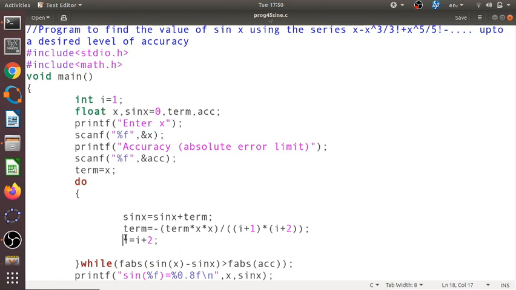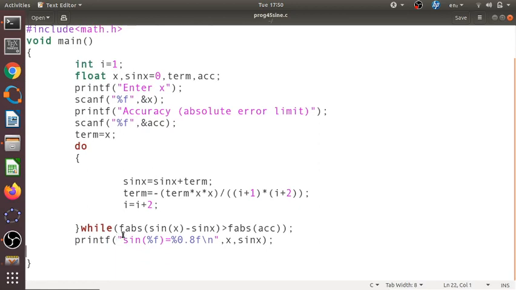So if i equals 1, the next term is obtained by multiplying with minus x square by (i+1) into (i+2). Then the value of i is increased by 2. This loop will continue as long as, here I have used a library function fabs. fabs gives the absolute value of x, that is mod x.